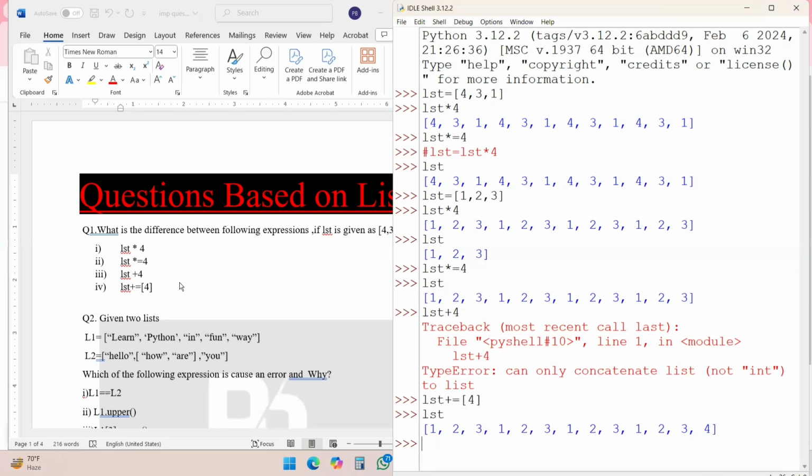So this is the way we can find out the difference between all these four expressions. Now the question in a student's mind: ma'am, how can we write this? This is very simple. In the first statement, the expression is there, the list is there with you. So you have to write the output and the reason also. In the second part you write that this will make a change in the original list, but this will not. And write the output also. Same in that case also.